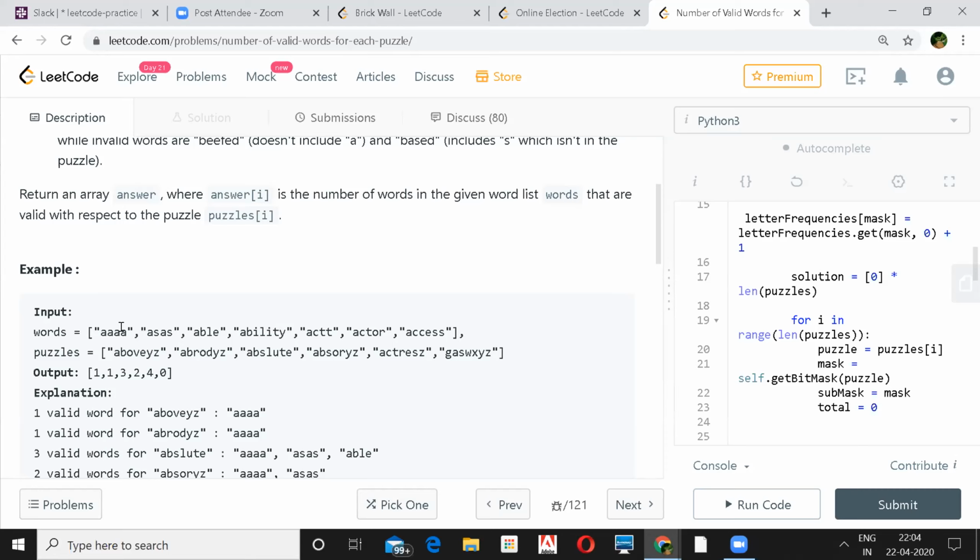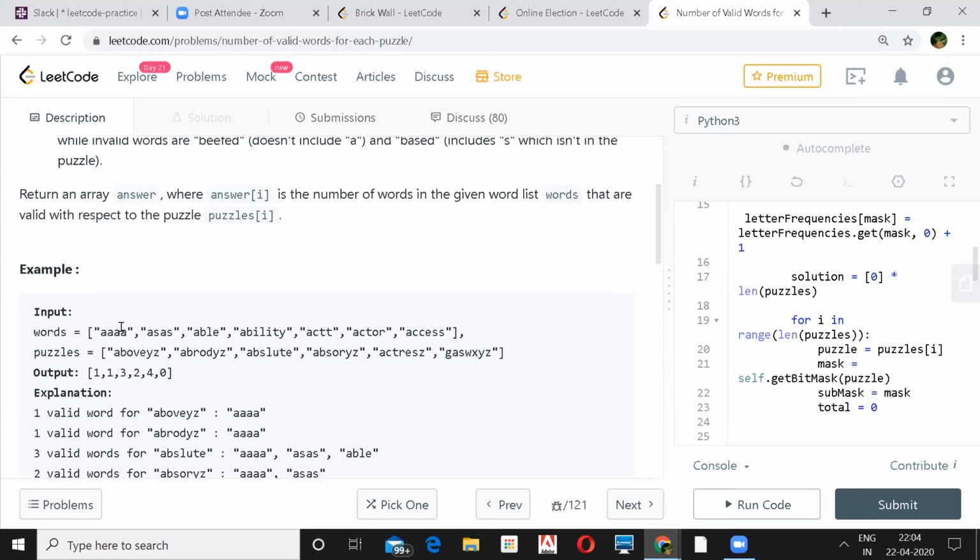Yes, I think that's the advantage of the bitmap. I guess you could do the comparison in O of one, is that correct? Yep. And in the same way, if you have to verify whether the puzzle has all the alphabets from the word, even the set will not work. Only the bit map can help you here.